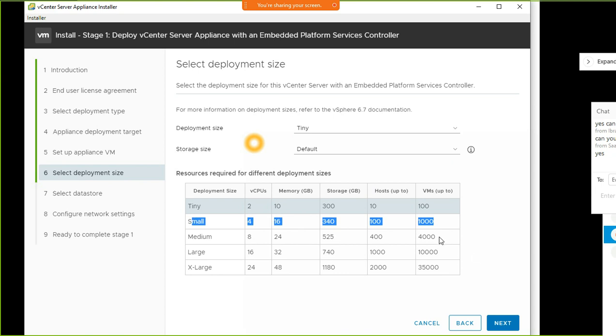But if you think the organization you're working for has more than 100 hosts, then this is going to be your option. But if you think they are not going to grow over 400, then stick to medium. Yeah. And obviously don't think that, oh, who cares, let's go to the maximum. If you go to the maximum, then you need a lot of physical memory as well, and a lot of CPUs. So be mindful. Obviously 24 CPUs to a virtual machine is very heavy, and also giving away